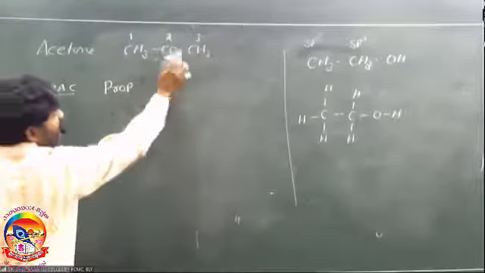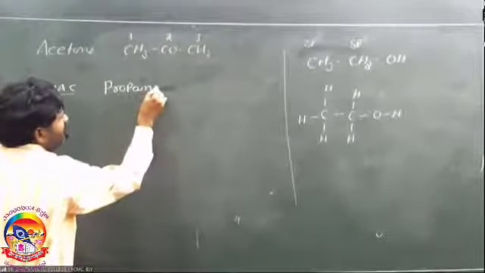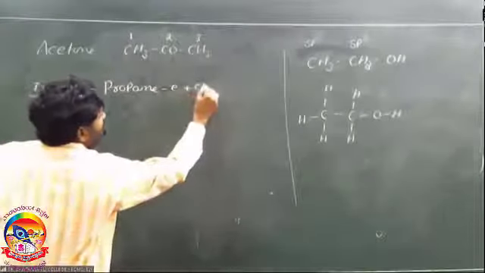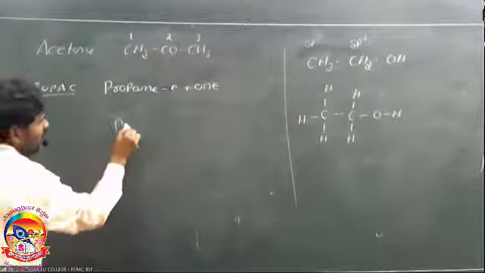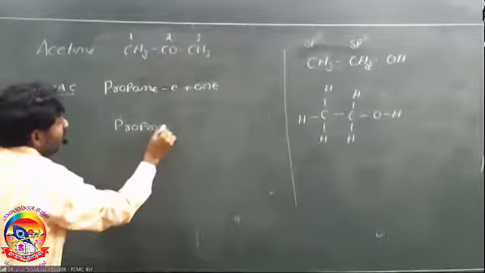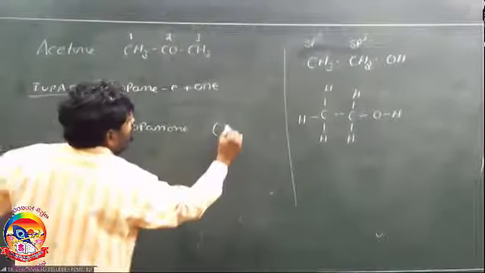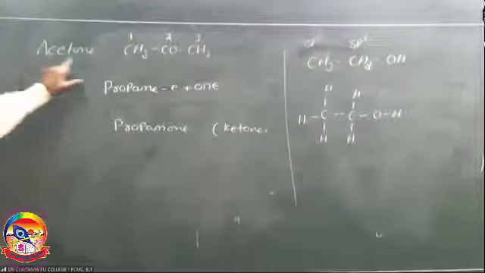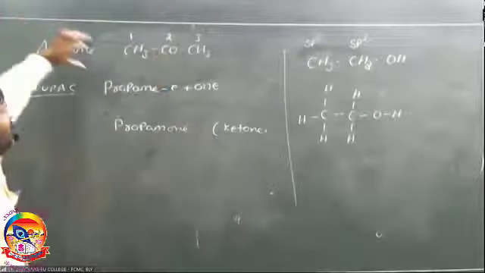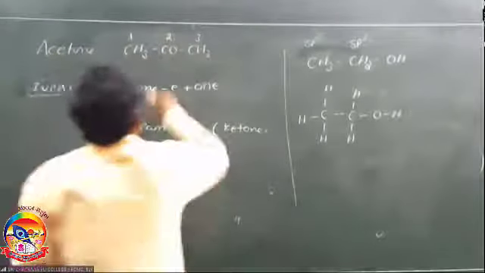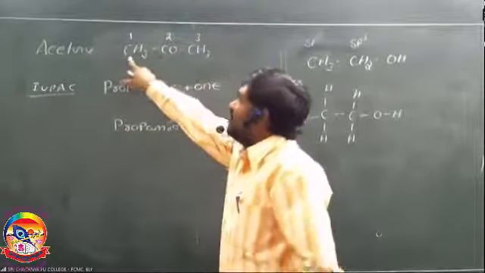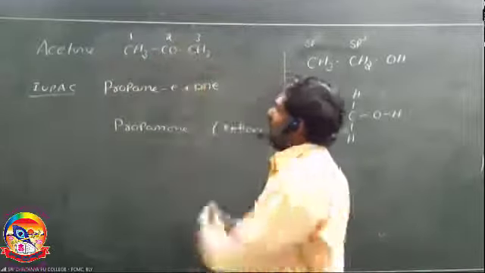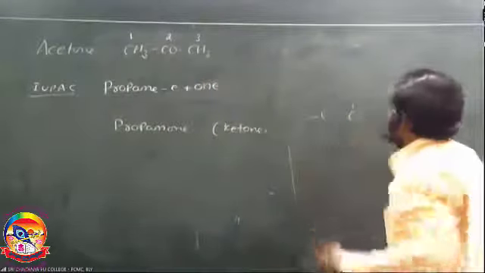Carbon containing single bonds, so first we write propane. It is a ketone. For ketone, the suffix is ONE, so E is replaced by ONE. So the IUPAC name of acetone is propanone. It is the simplest ketone. In ketones, the first ketone is propanone; the common name is acetone, CH3COCH3. So what is the hybridization of carbon atoms in acetone? What is the hybridization of the terminal carbons, and what is the hybridization of the middle carbon in acetone?